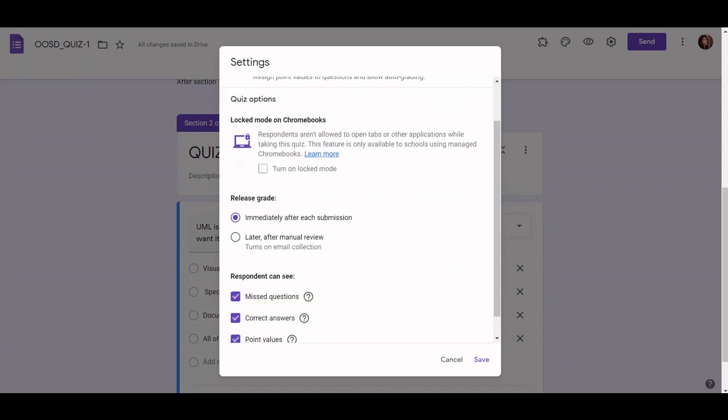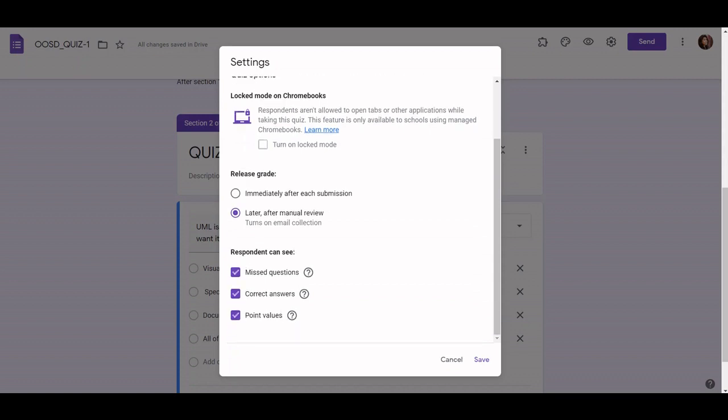If you are going for multiple choice questions, then you can immediately release your grades after each response, else click Later, after manual review. Manual review will be needed if you are giving short answer question types or, I'll say, long paragraph question answers. So later on you can manually check them and then release the grades.